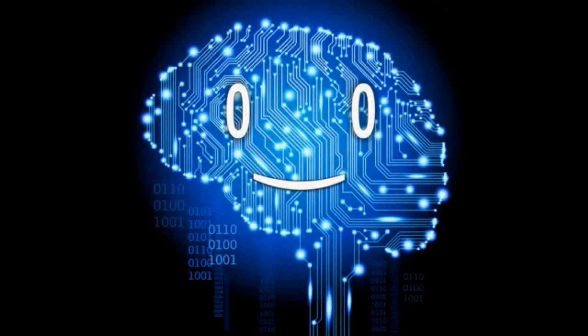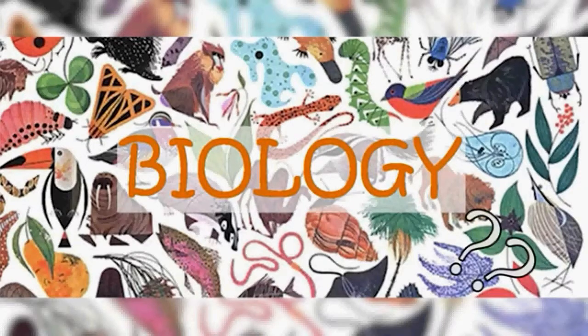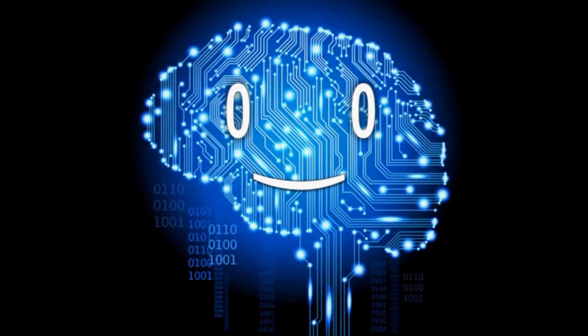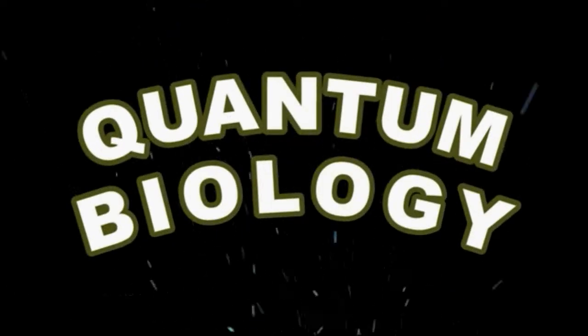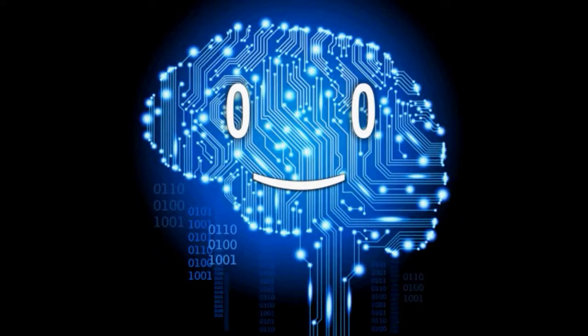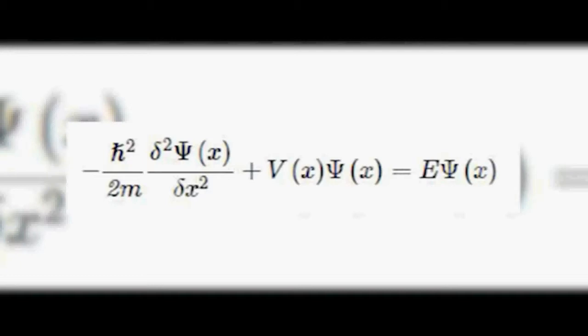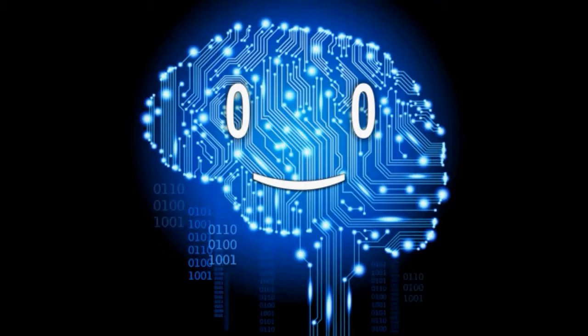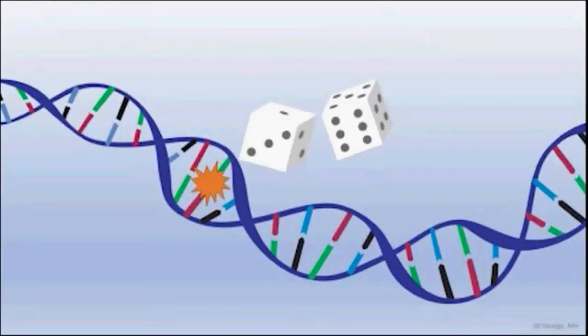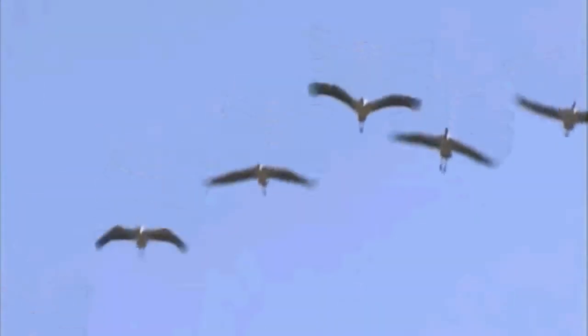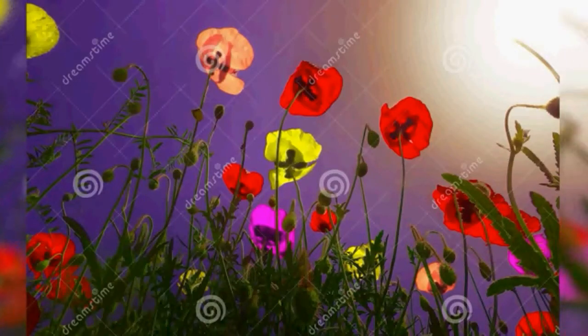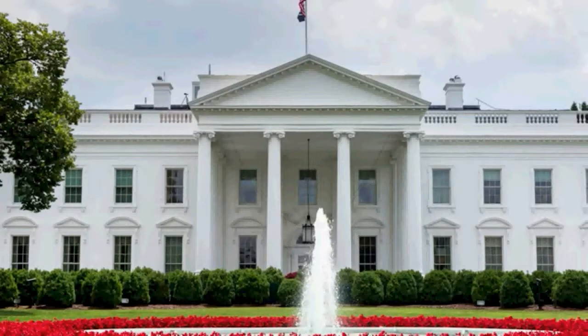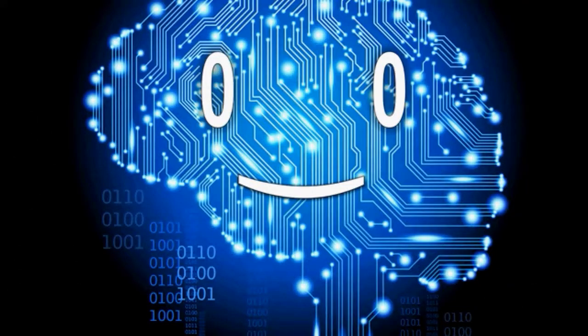Hello mortals. Ever heard of quantum physics? I'm sure you did. Biology? Of course. Now what about quantum biology? This is not a simple combination of words to make you sound intelligent, but an entire field of study which analyzes the applications of quantum mechanics to biological objects in order to explain things like random mutations in DNA, how do birds orient themselves while migrating, how does photosynthesis work, and even what's going on in the US politics. One of them is a lie.